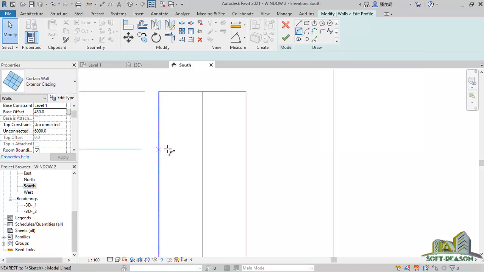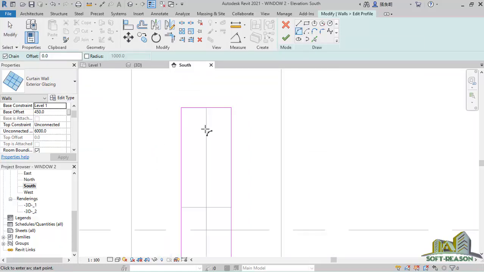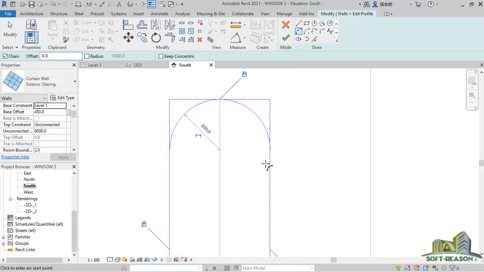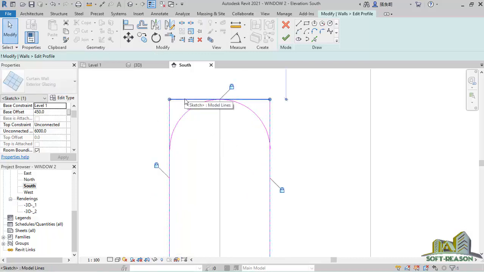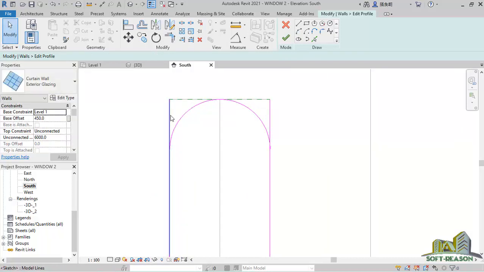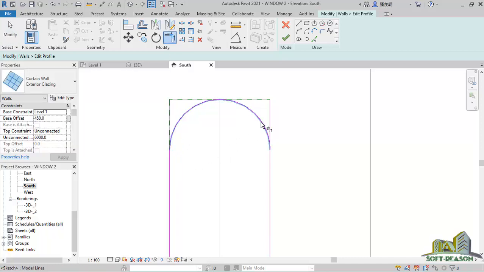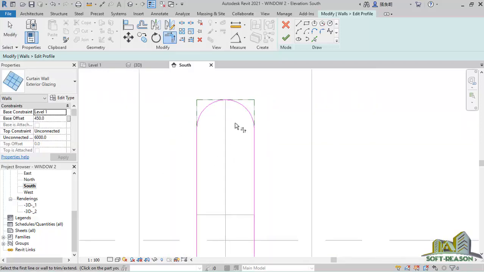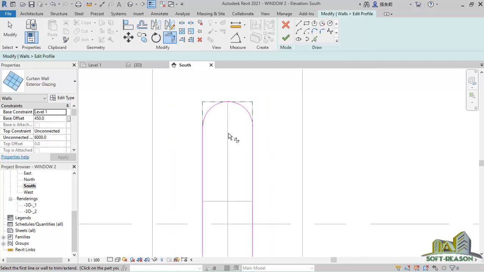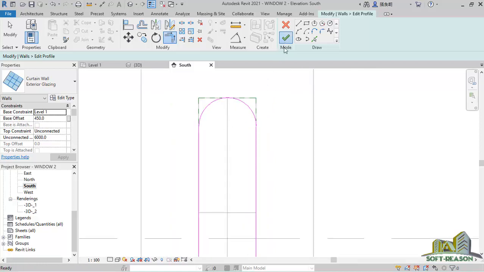start end radius arc, and we extend our hands up to, let me say 500. Okay, from here pick this point, pick the second point, and extend it to this point, just like this. I click on this, I delete that, I trim this one and this one, so we have something of this kind. Click on finish it,